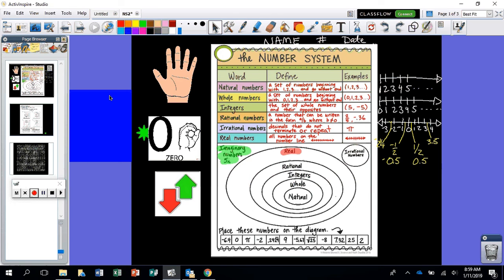So next we need to talk about our real numbers. And if you look at the bottom of your page, you see that we have to place these numbers on the diagram. So take a look at them and see what you see, and remember that real numbers are all the numbers on a number line. When we skim through there, the first thing we see is pi, and pi we already know is irrational, and it goes into the irrational spot. And then everybody else seems to be able to go on to the list where they are,